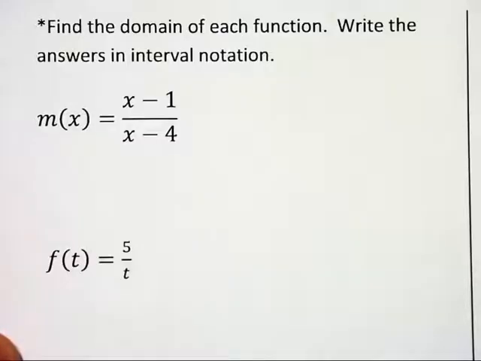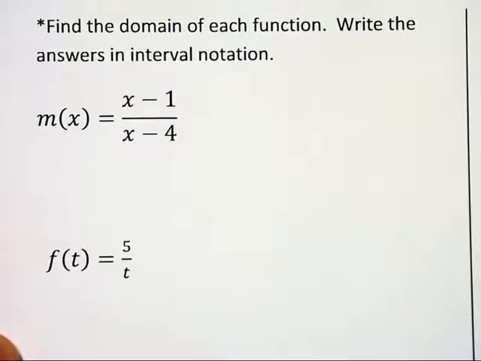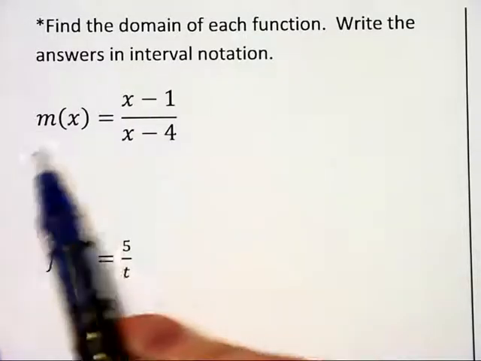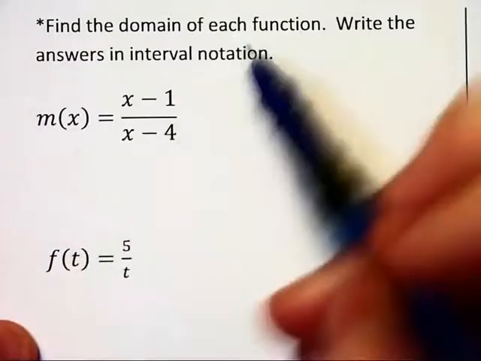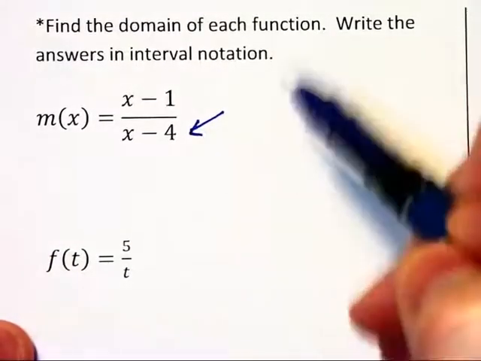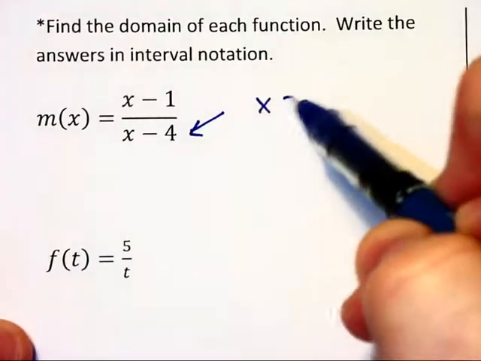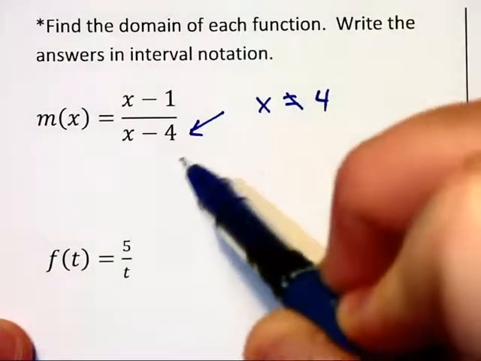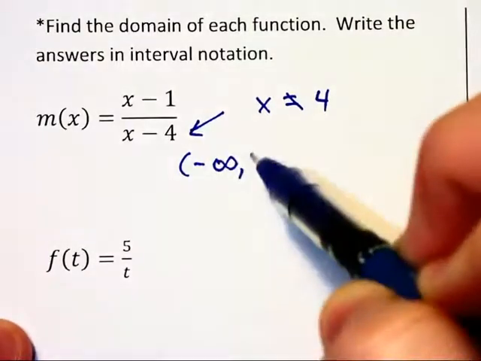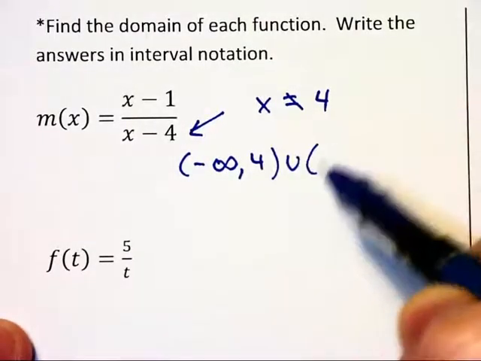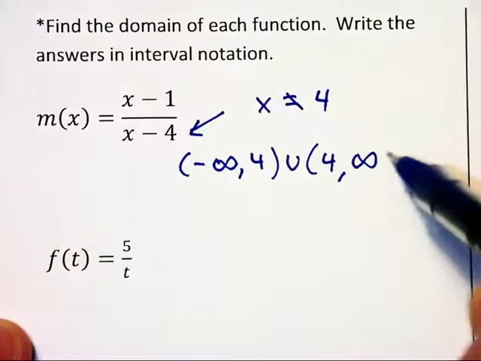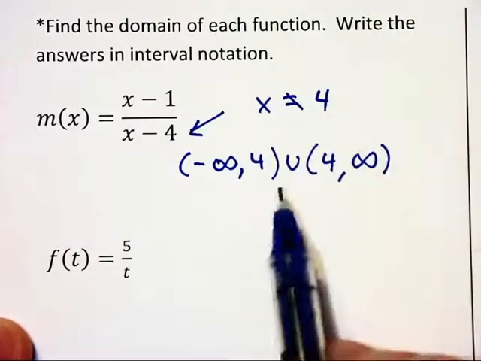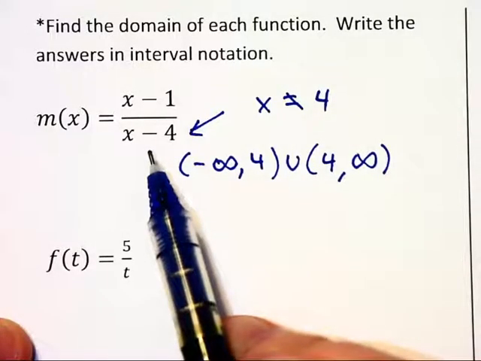Now we've already looked at the domain of relations. Now we're just going to be looking at the domain of functions, which is basically the same thing. Now we just have an m of x here on the left. Because we see a denominator, we know that x cannot equal 4, and therefore our domain will be all numbers but 4. Notice how I'm using the interval notation to say what values can be substituted into this function